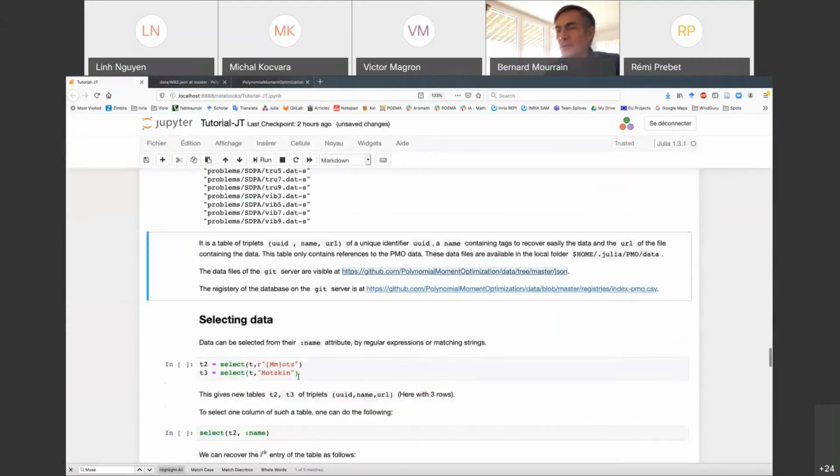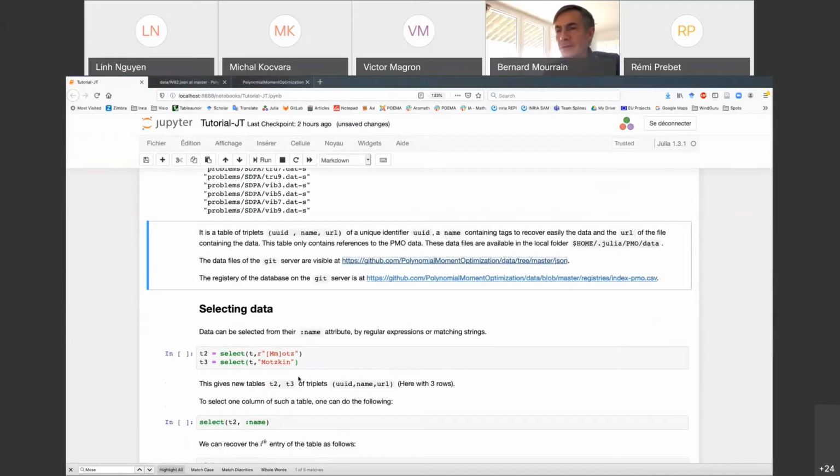When we want to access this data, to use it, and to have a way to sort and select it, here are some examples where we use strings to match the names.